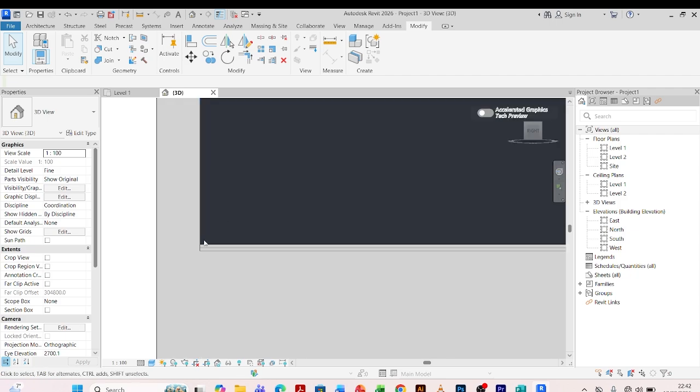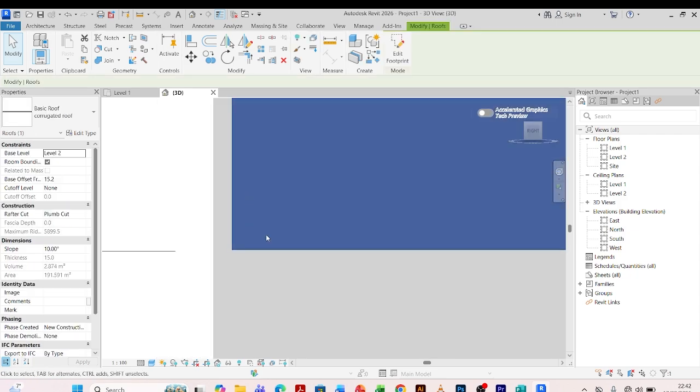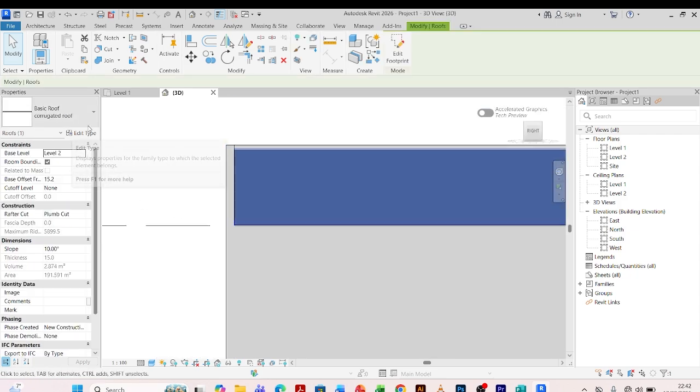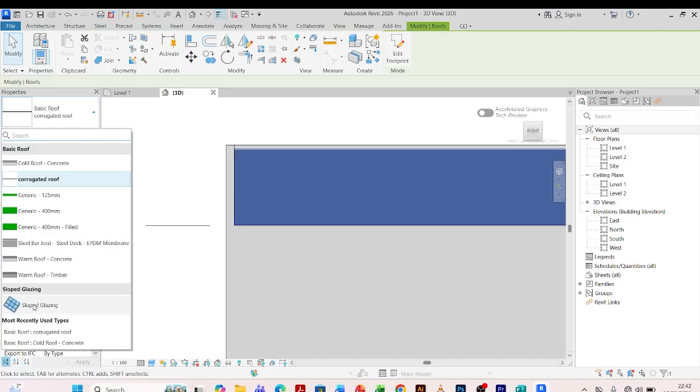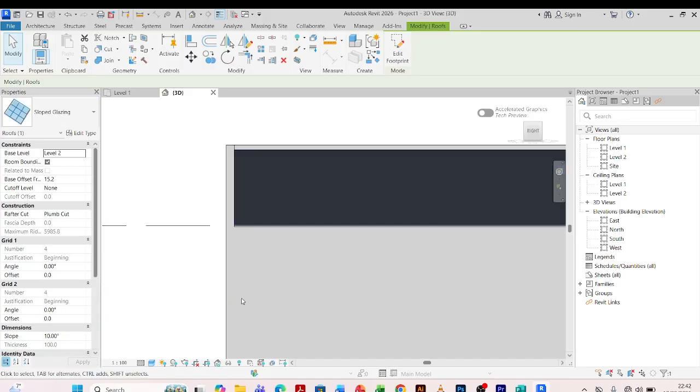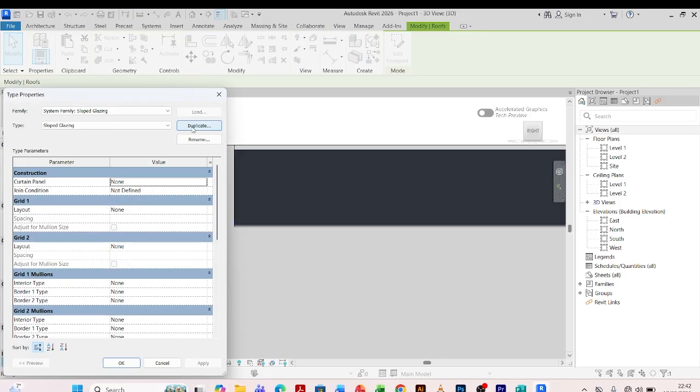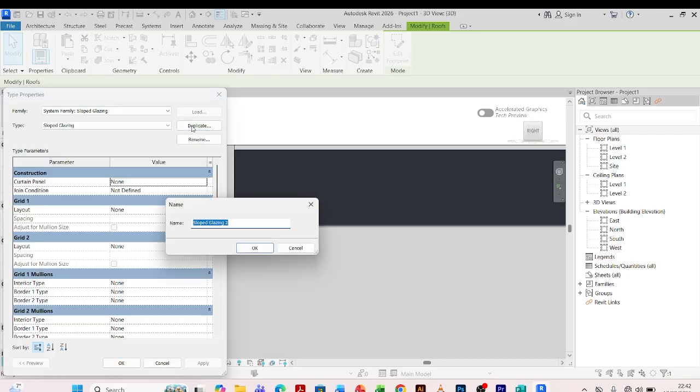Then I'll select the roof. Then I'll come here and simply drop down. I'm going to select sloped glazing. So when I click under sloped glazing, I come and edit type. I'm going to duplicate this, and I'll call it sheet